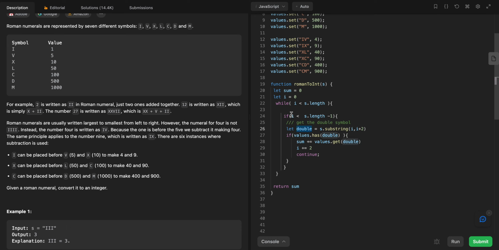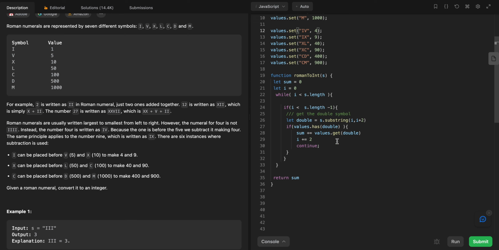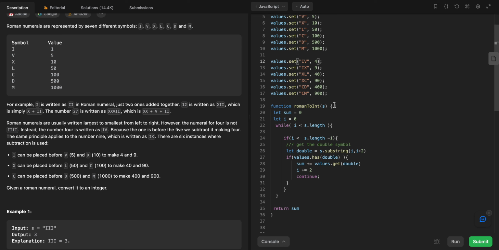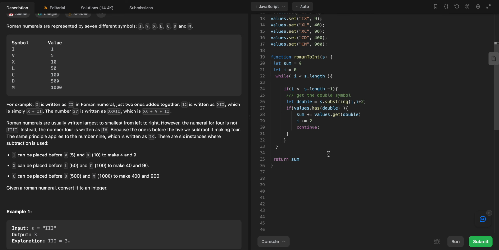We want to do if we have at least 2 symbols. Okay, so get these 2 symbols. And I'm saying that for these 2 symbols, do we have these 2 symbols in the actual map? So basically these are all 2 symbols values, basically all the edge cases values. So do we have them or not? Basically we hard code everything because it's just maybe 6 or 9. Maybe in medium problems we will not be able to do that, but it's quite easy, so we can